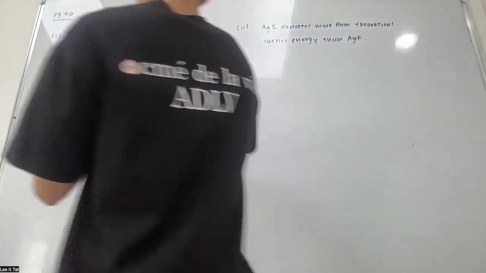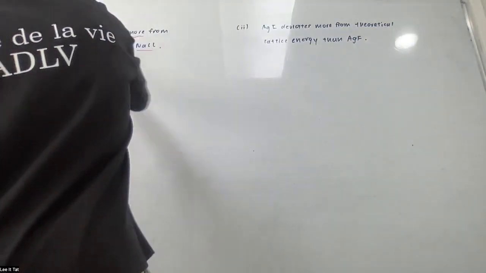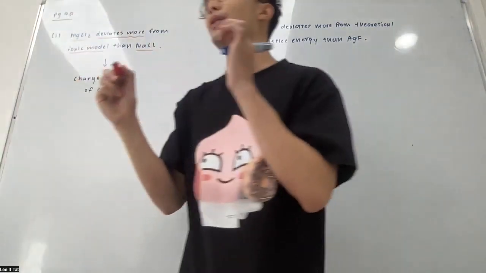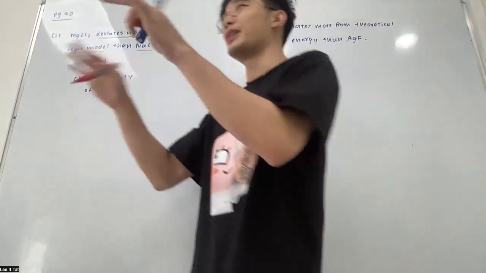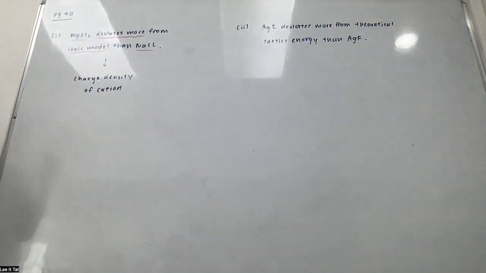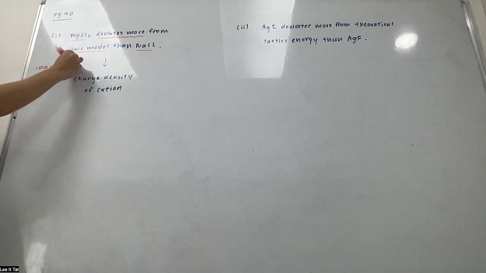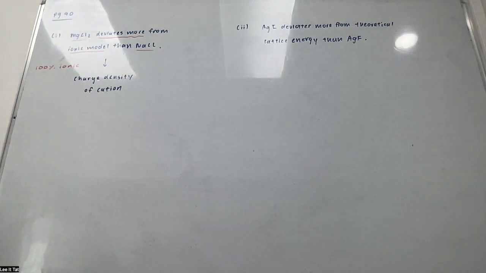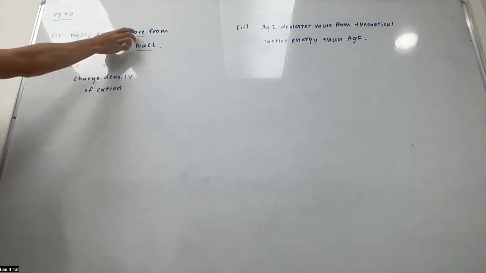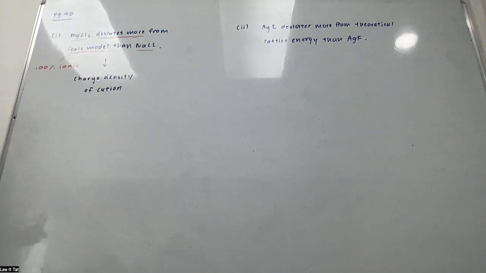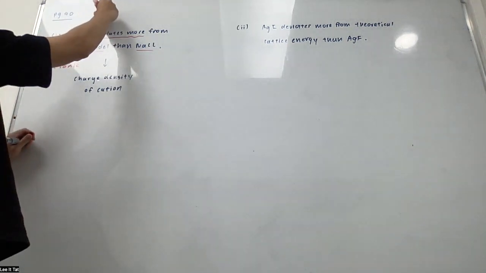We look at the rough idea first. It deviates more from the ionic model. Can you all recall what the ionic model means? What are they trying to say in simple terms? The ionic model assumes that it is 100% ionic. Yes, and we already know that that is never the case. It is usually a mixture. So if MgCl2 deviates more from 100% ionic, it means it has a higher